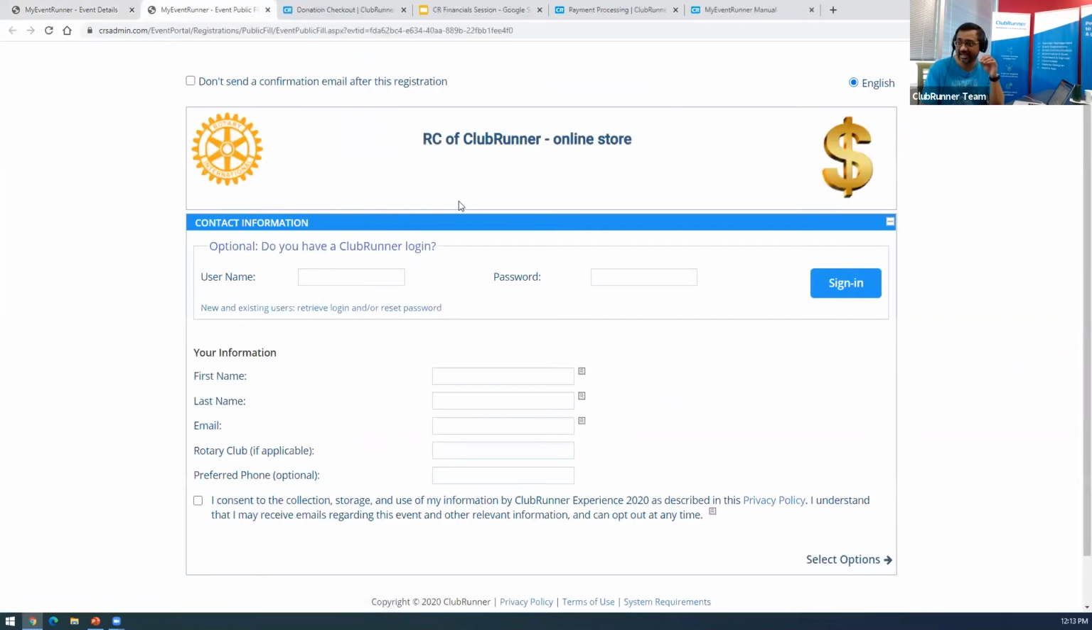Okay, and this is the first screen. I can log in. If I'm a member of the club, I can use my username and password, and I can log in. Remember, the keyword here is optional. So if you're not a member, or you want to open this up for the public, it's okay. Anyone can register for this event. They don't have to be a member of your club. Let me prove that by adding the word test. So my first name is Test, my last name is Test, my email is